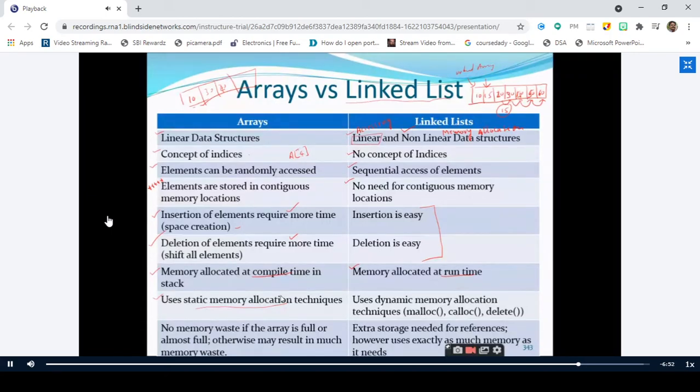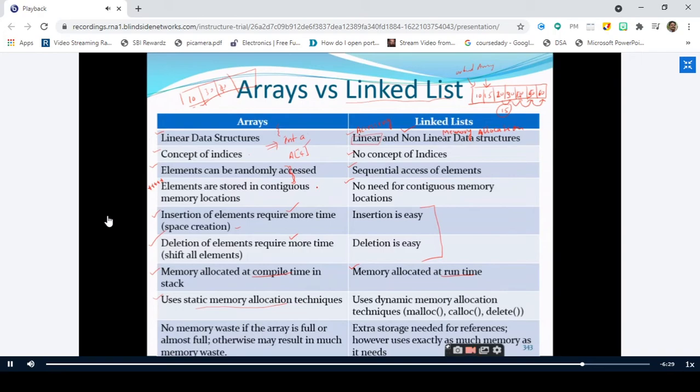I have discussed it in the class. For example, if I say int a, and after this I close the function with a semicolon and curly braces, when I say int a, who is going to allocate the memory?